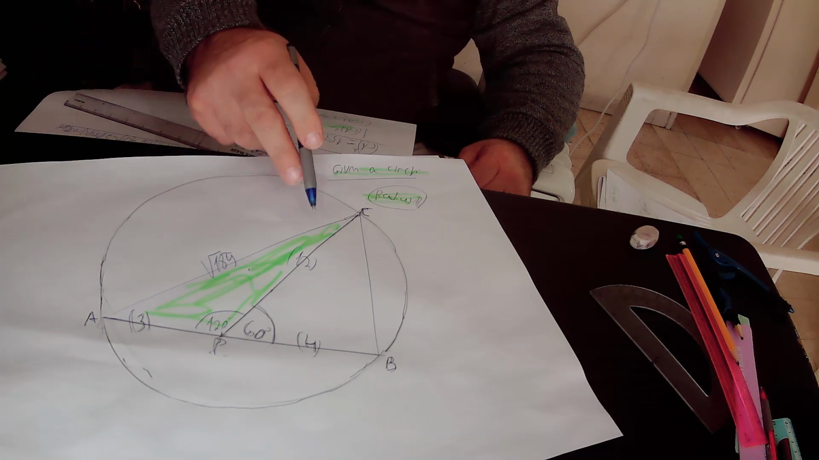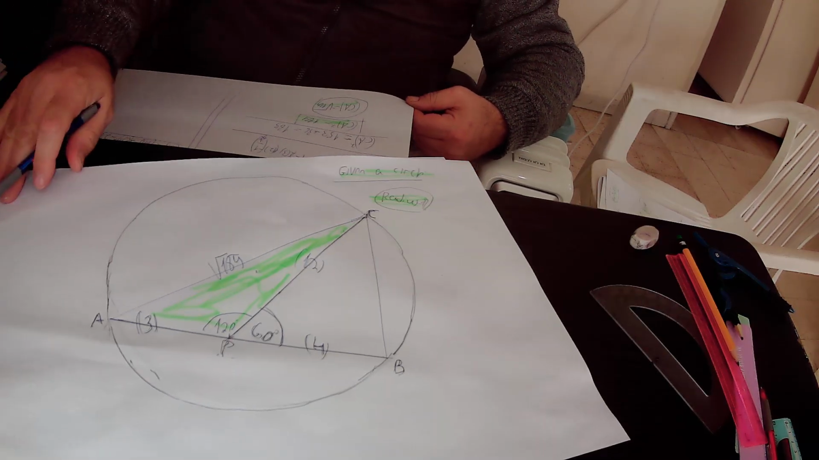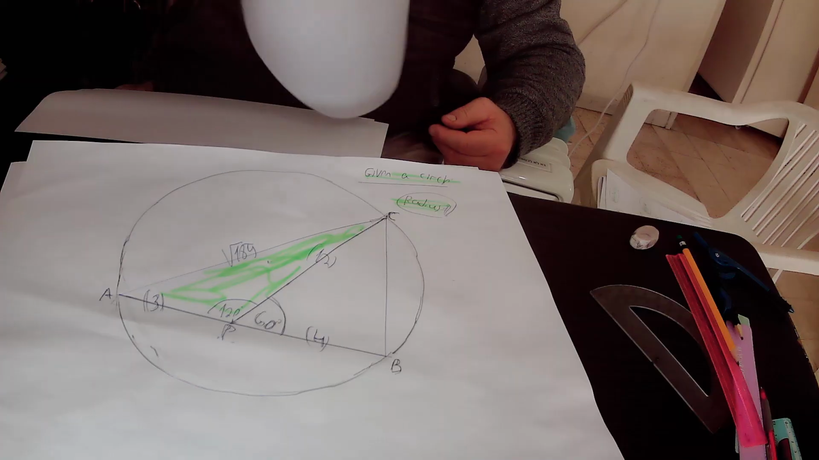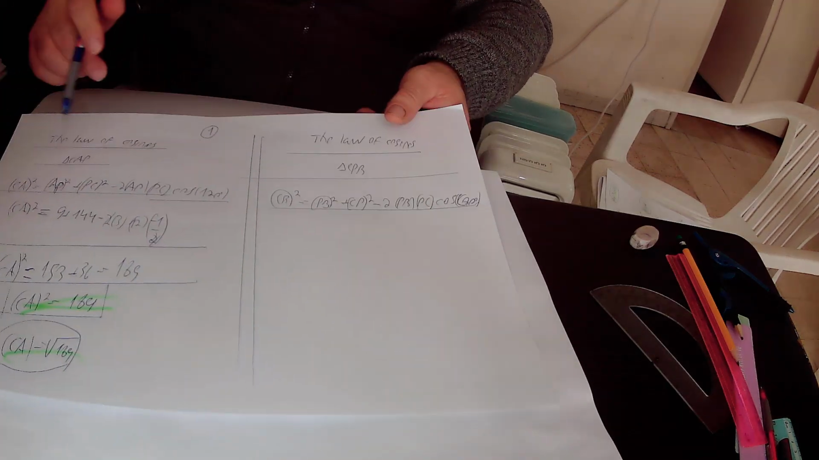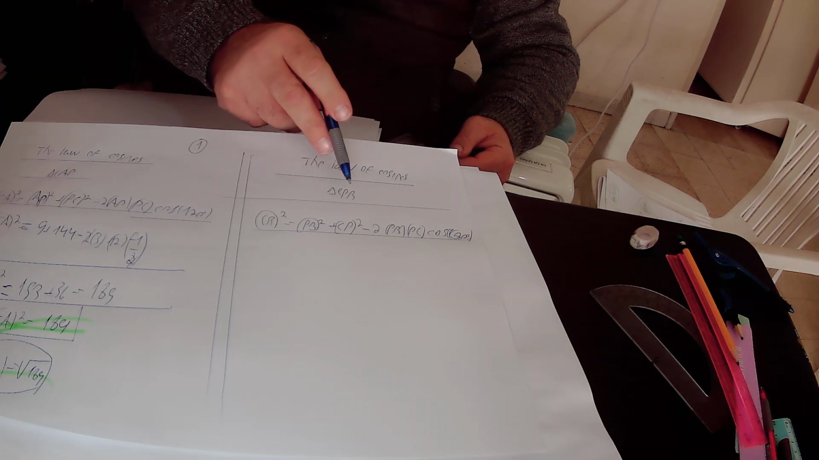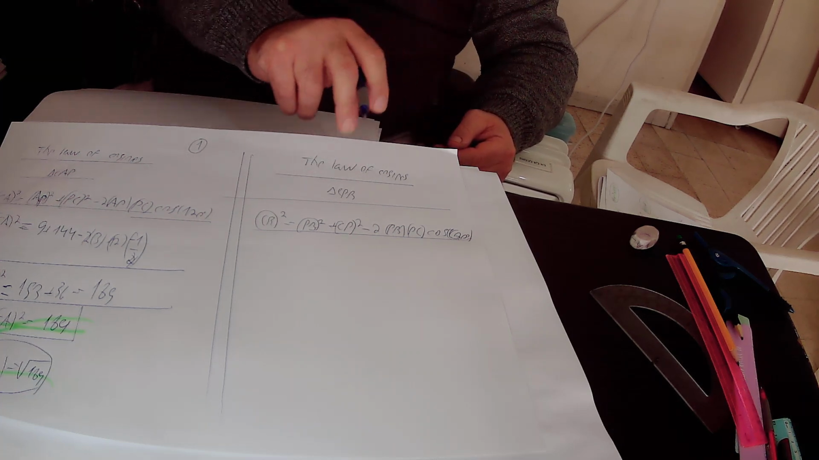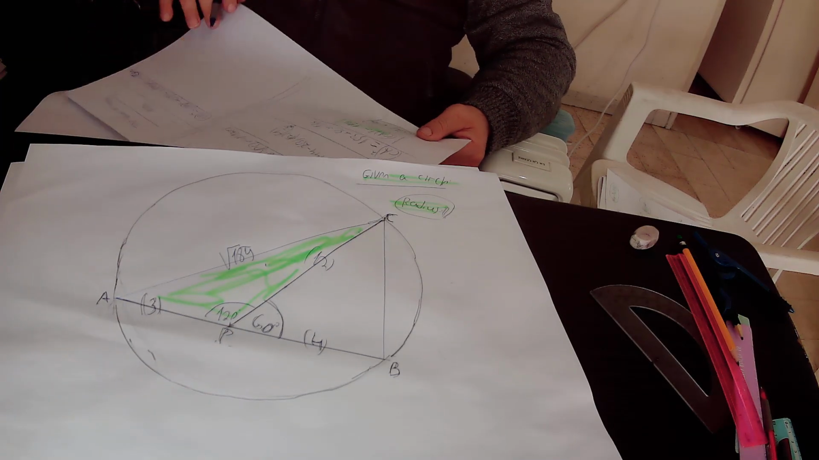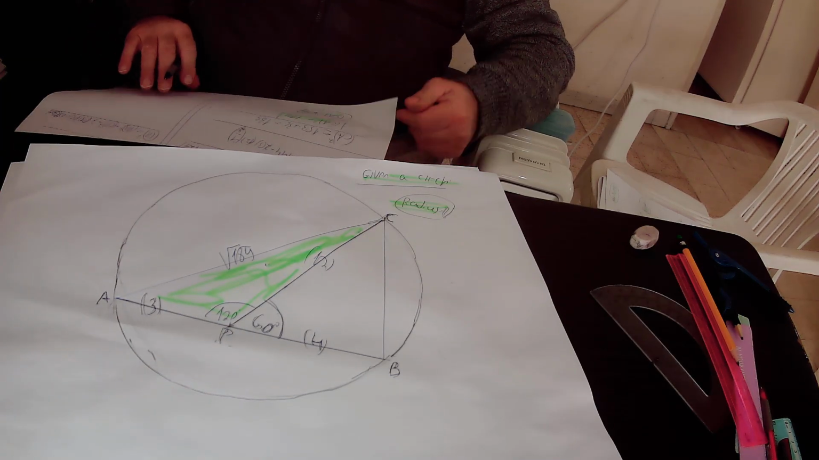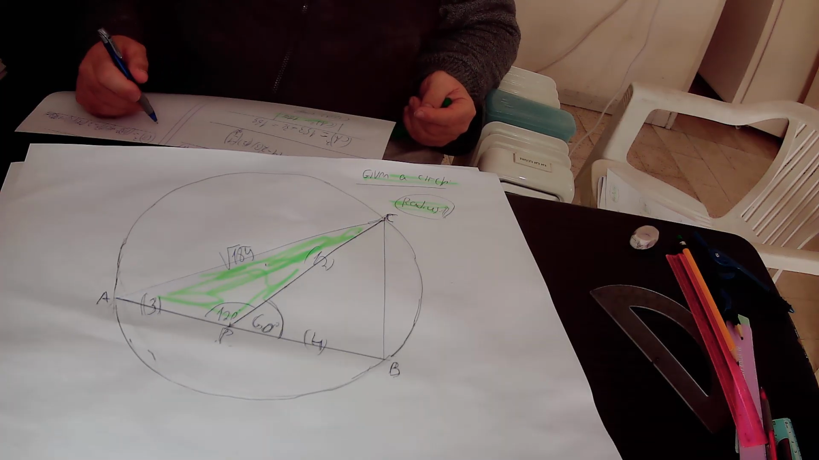In this right triangle CPB, according to the law of cosines, the following equation is true. CB square equals to PB square plus CP square minus 2 times PB times PC times cosine 60 degrees. So CB is the missing side, so we leave it as it is, so it is CB square